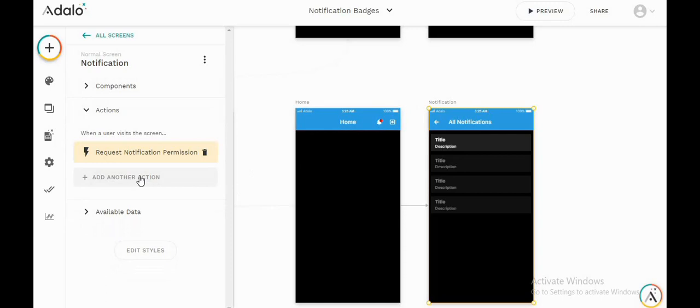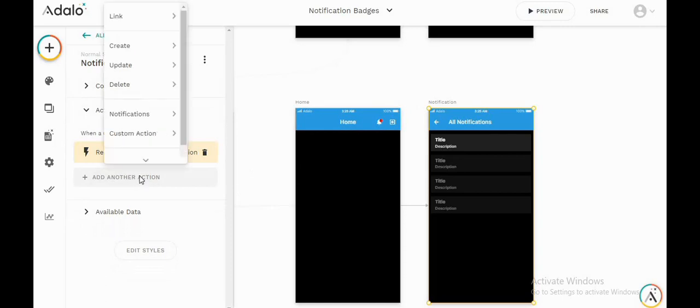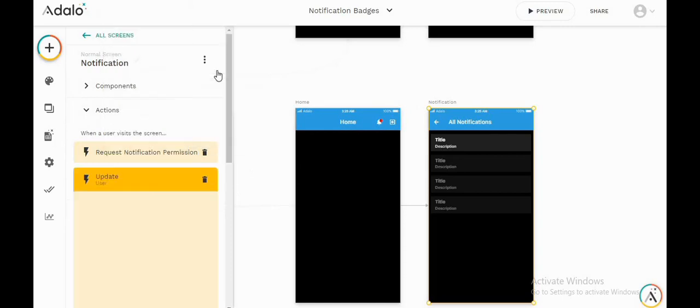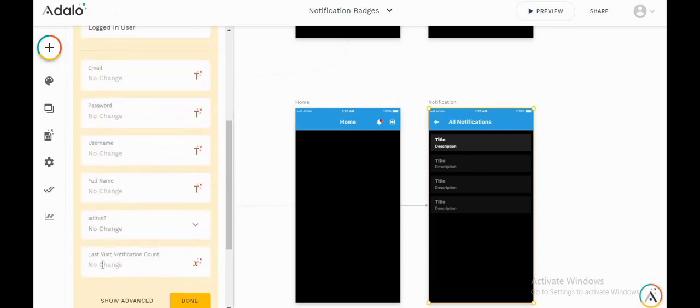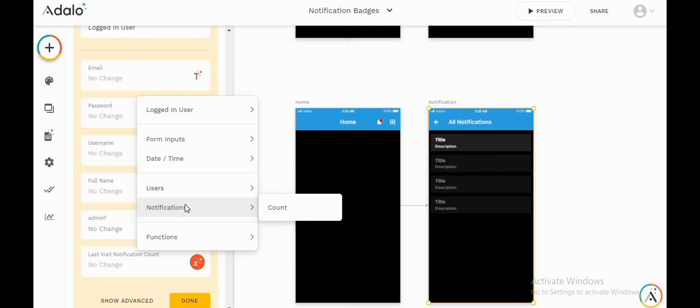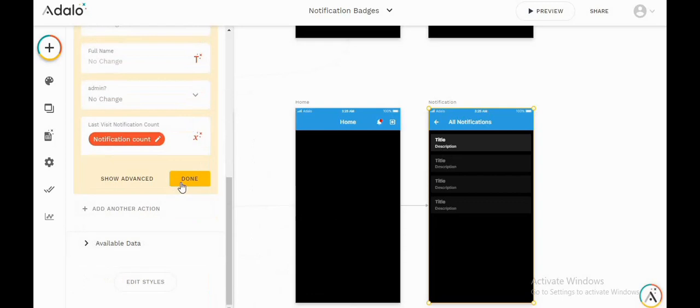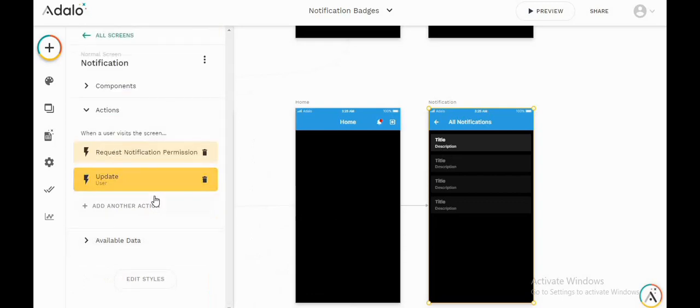So here we'll add another action, and what we'll do, we'll update the logged in user, okay, and here we'll just go to last visit notification count, and here we'll use the magic number button and we'll add it as the notification count. Okay, let's click on done. So now whenever the user visits the notification screen, his notification count will be equal to the current notification count.